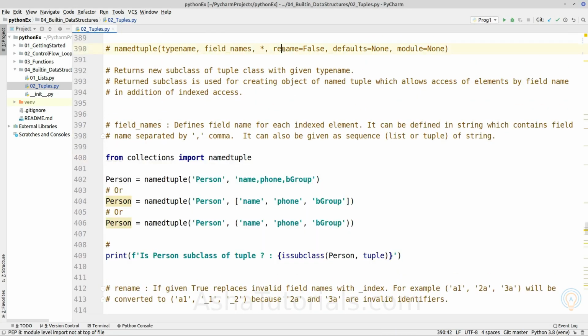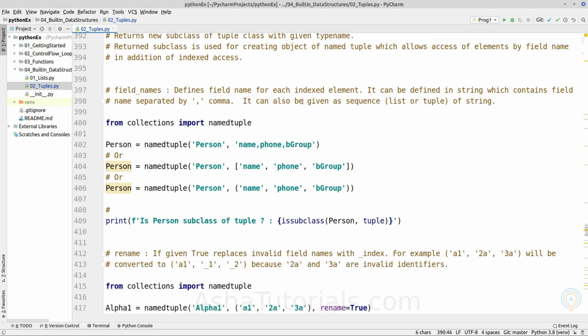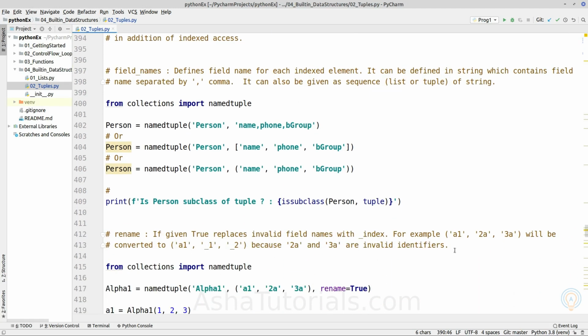The next parameter is rename. If it is given the value true, it will rename an invalid field name given, to underscore and the given index. The index begins from 0, we know.